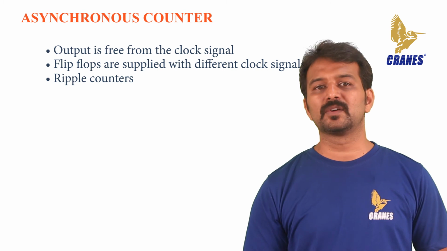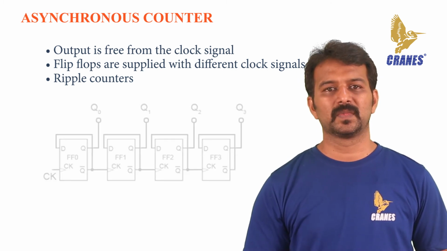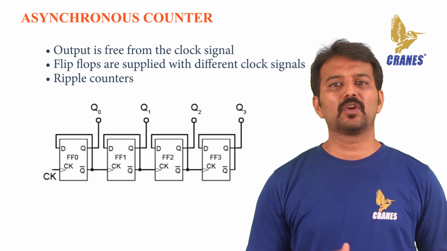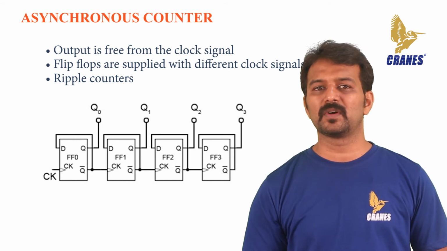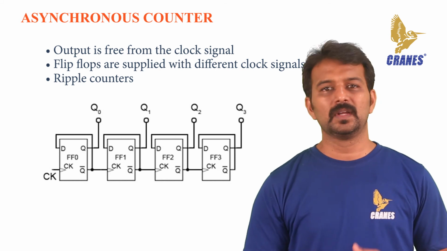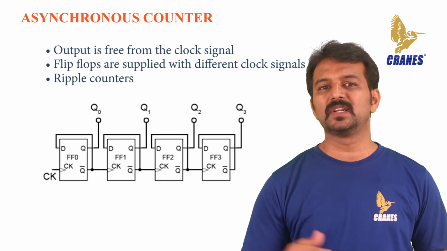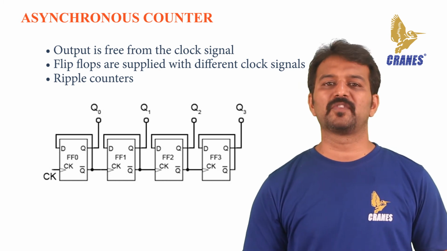A 4-bit asynchronous up counter with D flip-flops is shown in the diagram. It is capable of counting numbers from 0 to 15. The clock inputs of all flip-flops are cascaded, and the D input of each flip-flop is connected to the Q bar output of the same flip-flop. That means flip-flops will toggle at each active edge, or the positive edge, of the clock signal. The clock input is connected to the first flip-flop.